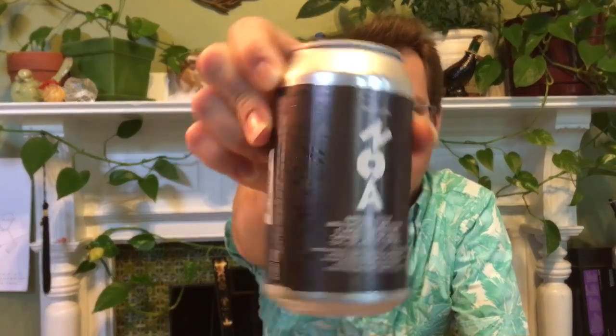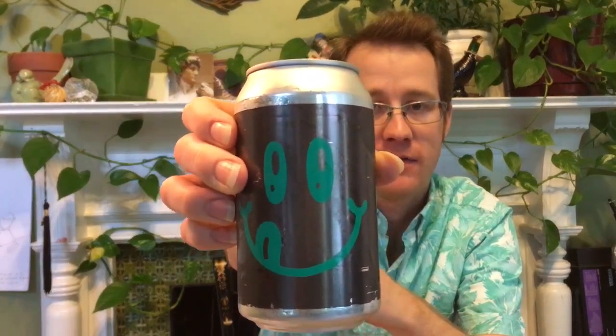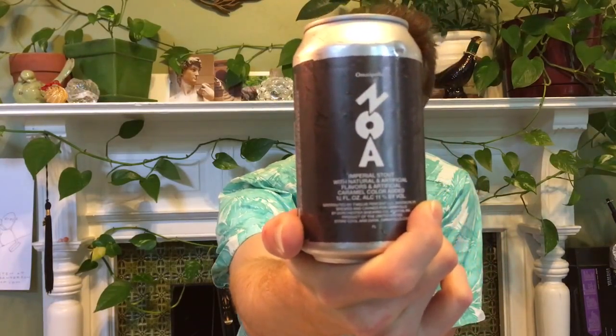Hi, I'm drinking Omnipollo's Pecan Mud Cake Stout, as they call it, or Noah, the main brand name, and it's the one with the fun little happy face with the tongue there. This is, I think, one of Omnipollo's earlier beers they've been making for quite a while. This is the first batch that was made in Boston at Dorchester Brewing Company. It's 11% alcohol. And they say that it actually says that there are natural and artificial flavors and artificial caramel